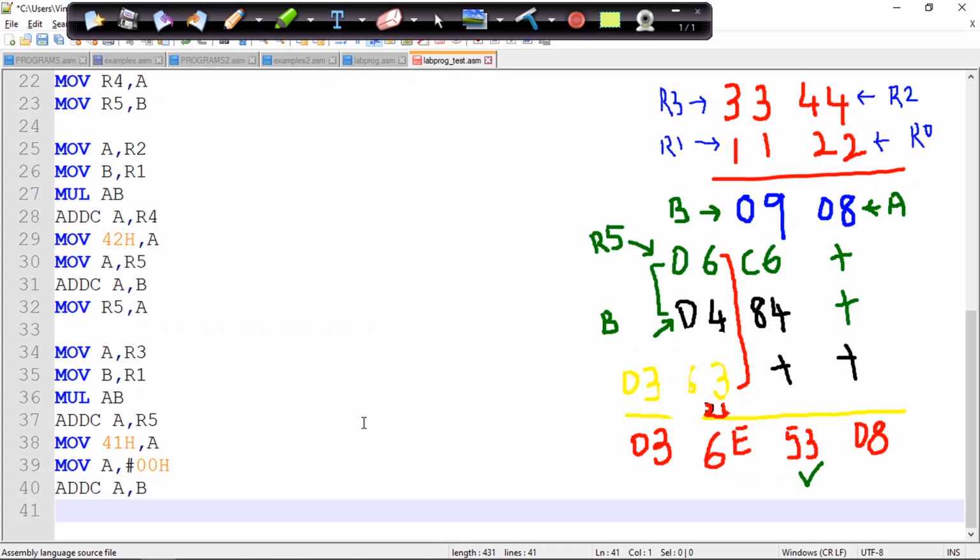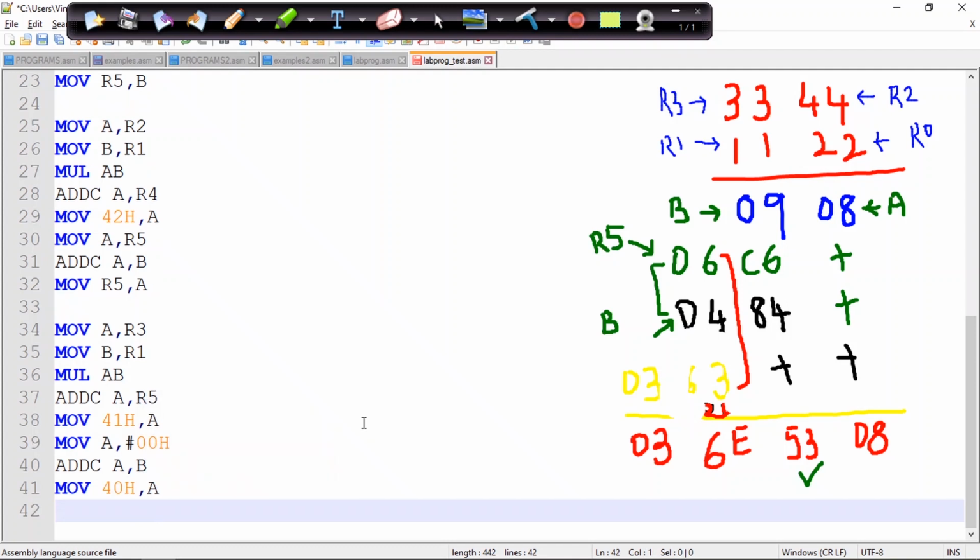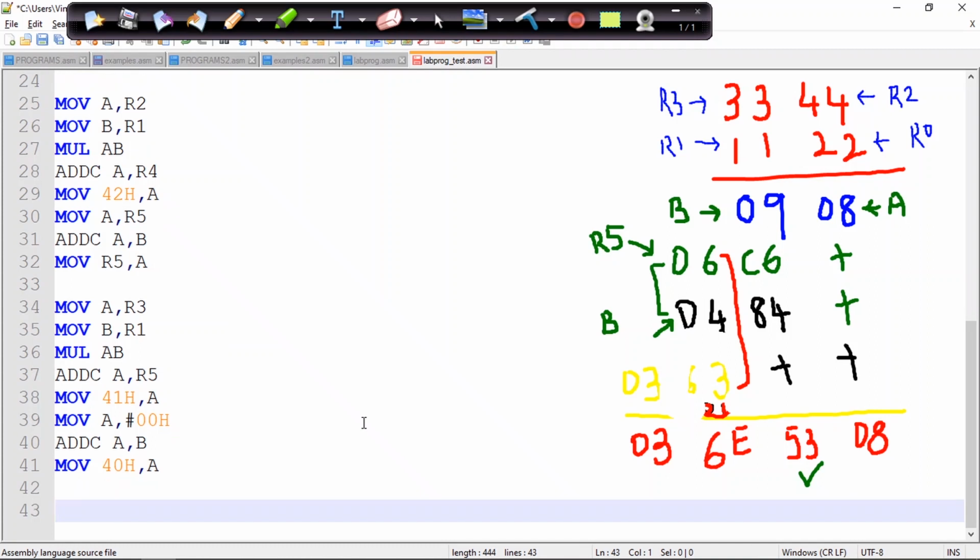This should be stored in 40 hexa location, so I'll move 40 hexa comma A. This completes our multiplication operation. So I'll write down the END directive.